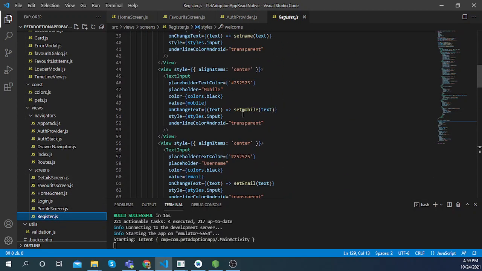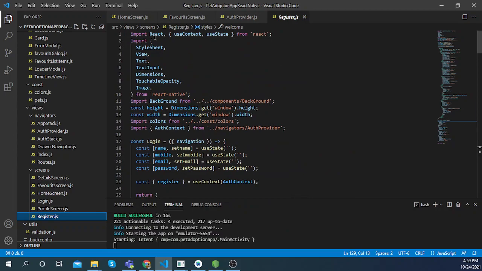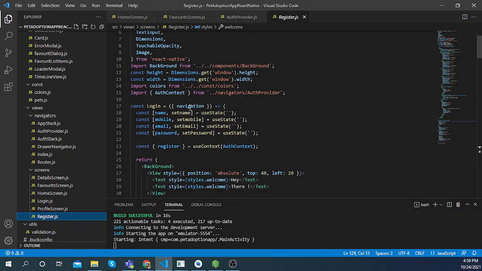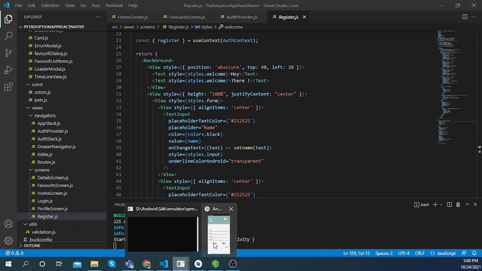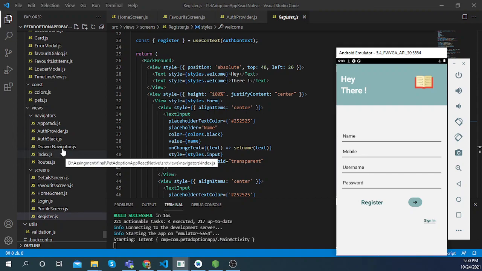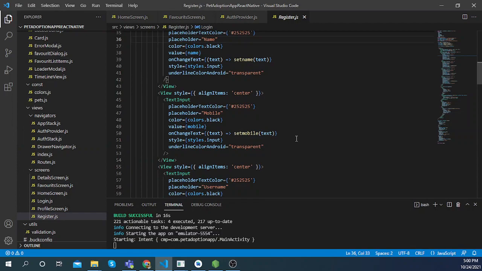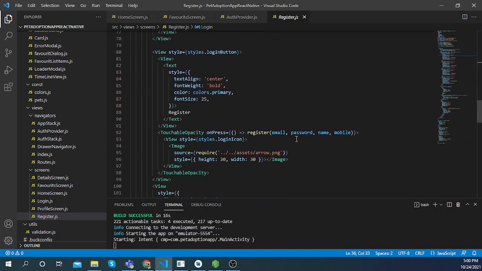Here's the view, and you can see that I have used React hooks here. Once you click on the register button, it will share these params, email, password, name and mobile params to the